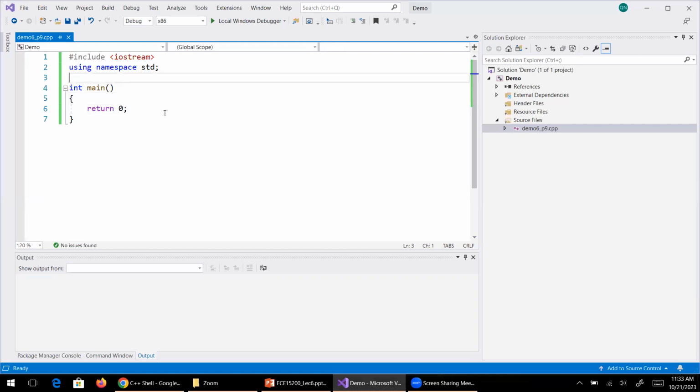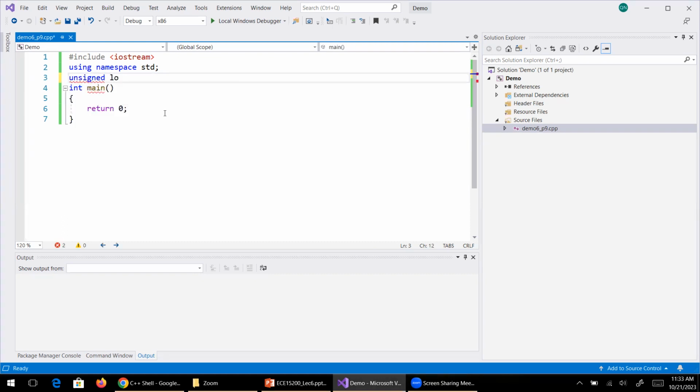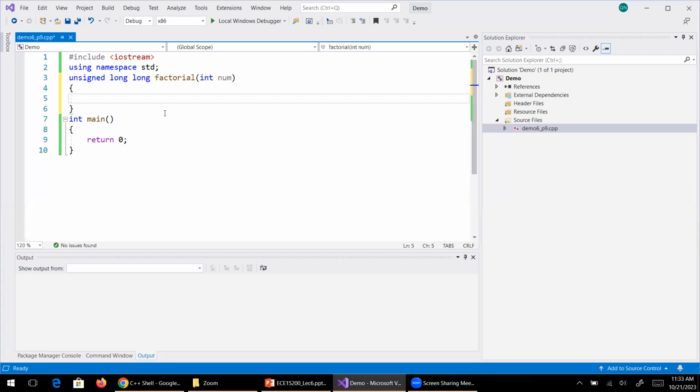So here, to compute the factorial, we define the factorial function. Let's say the factorial of a given number would be large, so we declare the return type as unsigned long, and then this will take a number in num. Here you will check the number. So let's define the base case. If num is less than or equal to 1, then return 1, okay? Else,